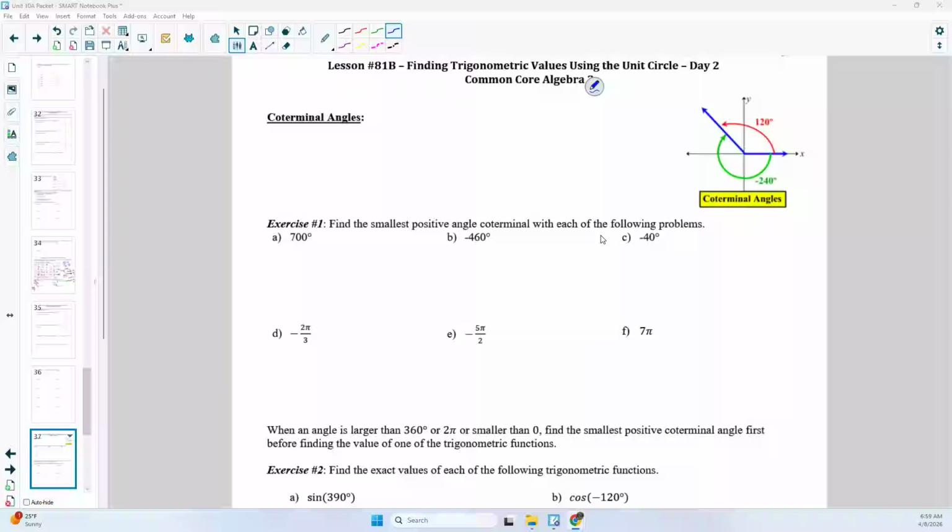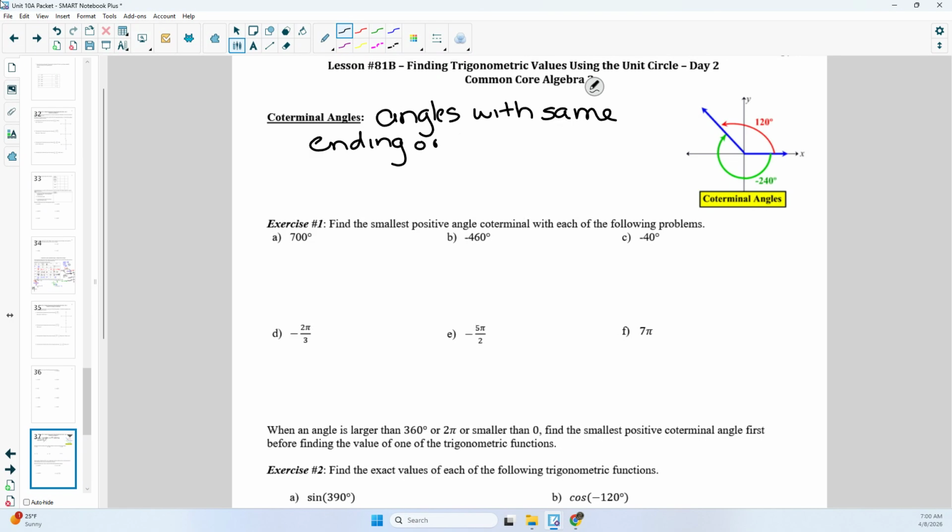So we're going to be doing similar things to last lesson where we're finding the values of the trig functions using the unit circle, except we're going to be going into some other things that come up. So the first one is coterminal angles, and coterminal angles are just two angles with the same ending, or terminal, side. So we have a picture over here, and if we started with negative 240, and we're going in this